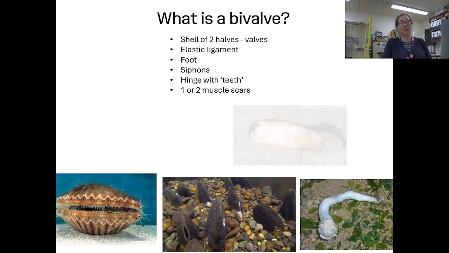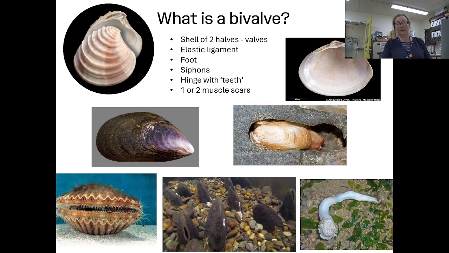But first of all, what is a bivalve? Because Ben's been talking about tiny, tiny snails. Bivalves are mollusks, and instead of having one shell, they have a shell of 2 parts, or valves. And these are joined together by an elastic ligament. In the images you can see on the screen, if you look at the top 2 images, you can see a small brown band, and that's the elastic ligament, and it kind of acts like a hinge or a spine on a book to let the valves open and close. Bivalves also have a foot, so some are rather mobile, like cockles, and they can move around using their big fleshy foot.